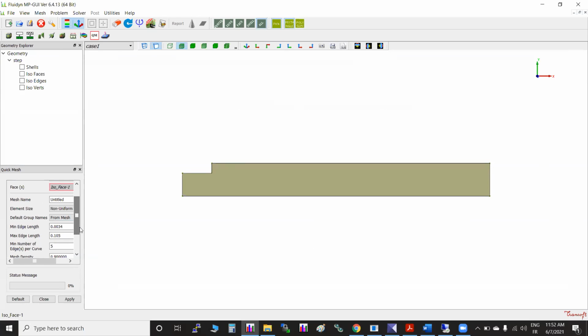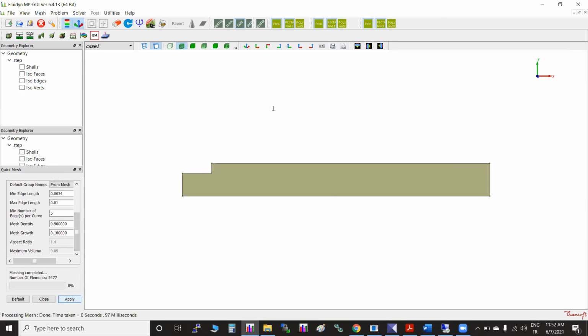So it asks for face and it asks for minimum, maximum. So automatically it has detected a maximum edge length and tries to create the mesh based upon this. You know, this I have given as 0.105, so it has taken the whole edge. Okay. So I'll just reduce it because I need more elements. So maybe I'll go with 0.01, 10 times. Okay. And let us see. And minimum edge, I will not change anything. Just change the maximum. We'll see.